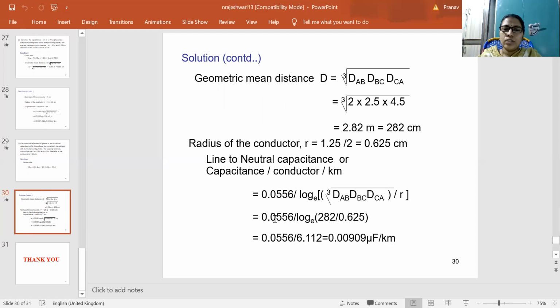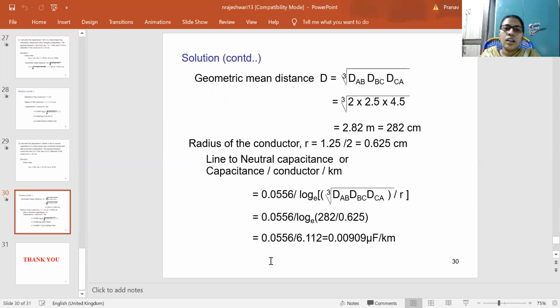So 0.0556 divided by log of 282, the geometric mean distance, divided by the radius of the conductor, 0.625. By simplifying this log term, we'll get